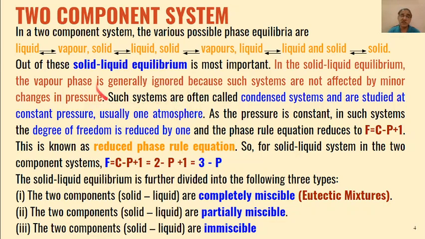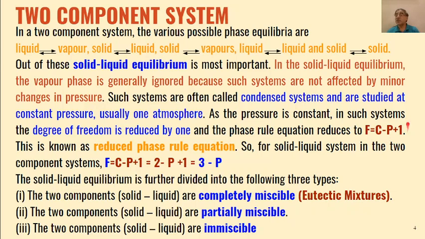So under such circumstances, these types of systems are called condensed systems, and they are usually studied at constant pressure, and pressure is kept constant at the value of 1 atmospheric pressure. So when pressure has been kept constant, we have to modify the Gibbs phase rule equation. Because in the Gibbs phase rule equation which we have used, F is equal to